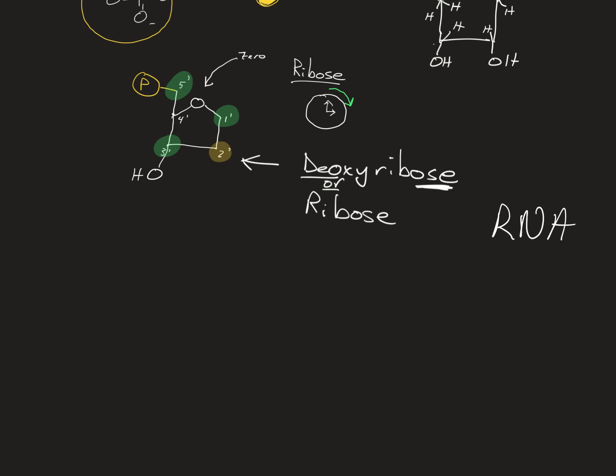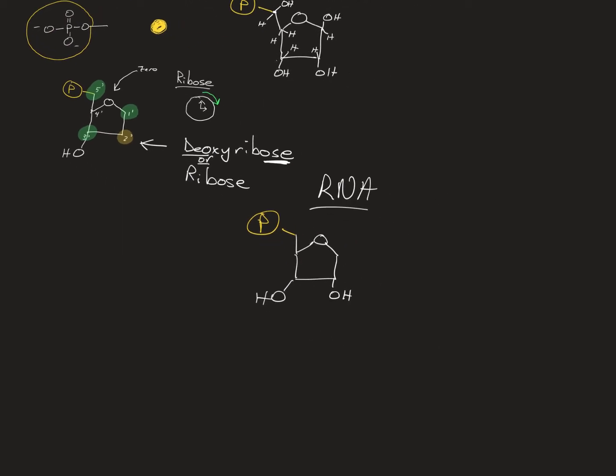RNA is ribonucleic acid. It has the same sugar, the same 5-sided sugar, the same connection to the phosphate. That's all the same. It has an OH group sticking out here. That's still the same. The difference is that in ribose there's an OH here. So again, this is different. These two are the same, but that is different because in deoxyribose, in